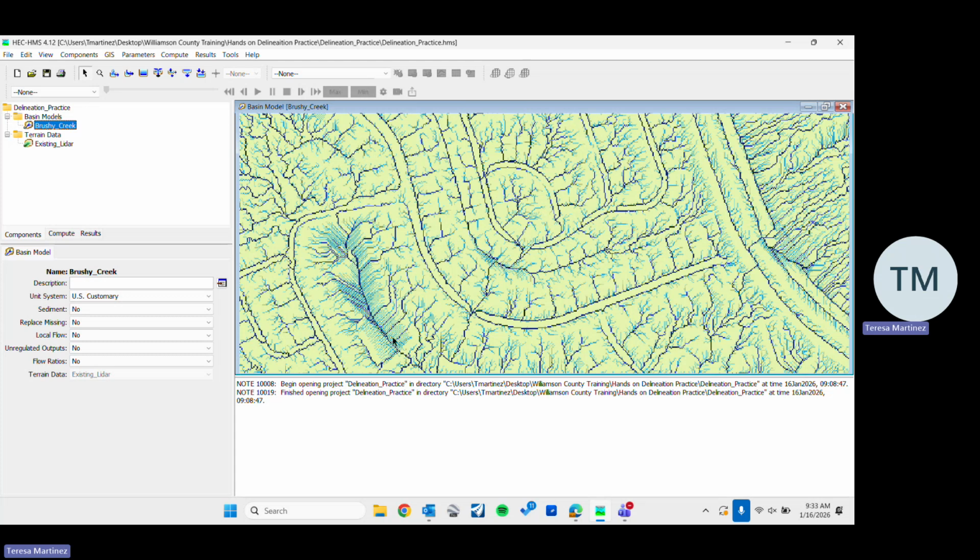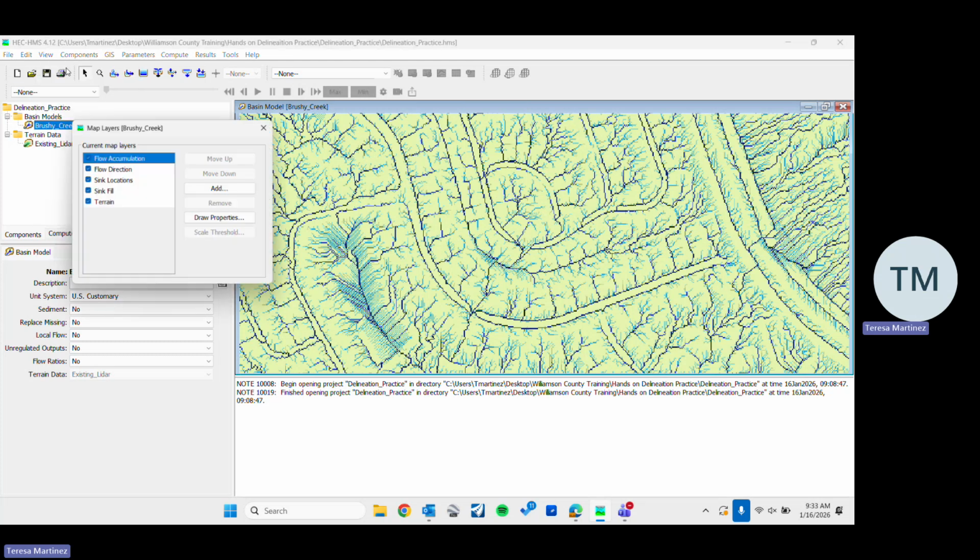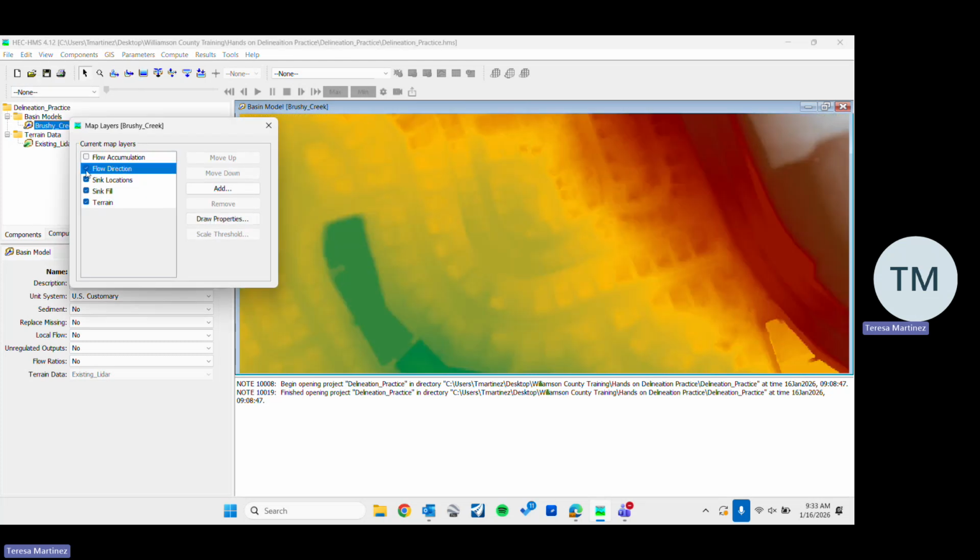For example, here, if we set our threshold higher, it might pick up this area as one basin. But if we set it lower, every little branch here will become a sub-basin. But what we care about is, let's say this was a main crossing, maybe from looking at the LiDAR, this example was pretty obvious,